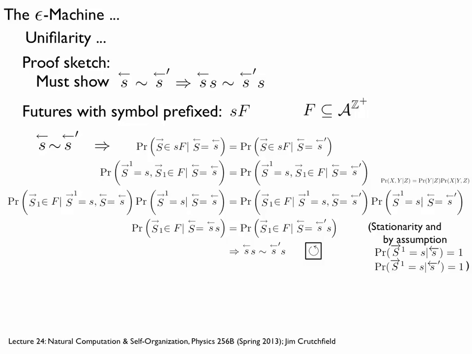And these are the same, whether I started with history S or S prime. These future distributions are the same. Well, that's this criterion here. Namely, that this history and this history are in the same class because, conditioned on those histories, I have the same distribution over futures.